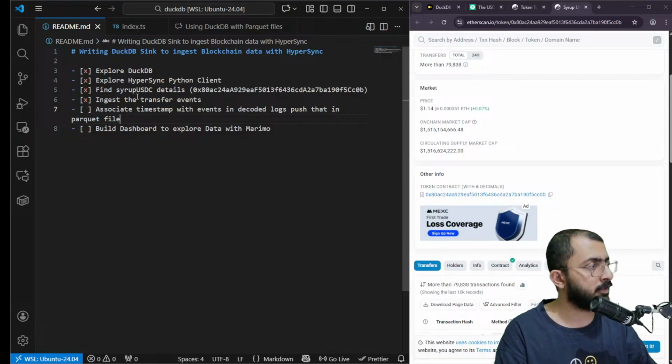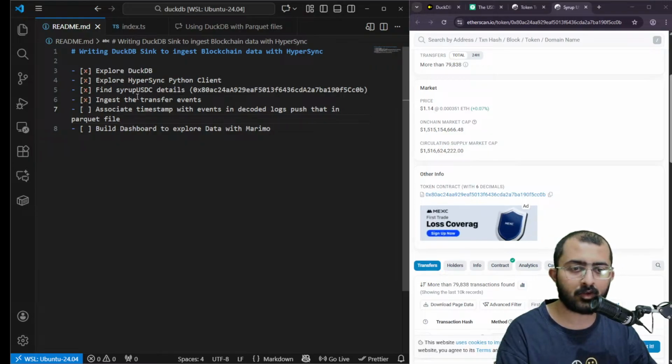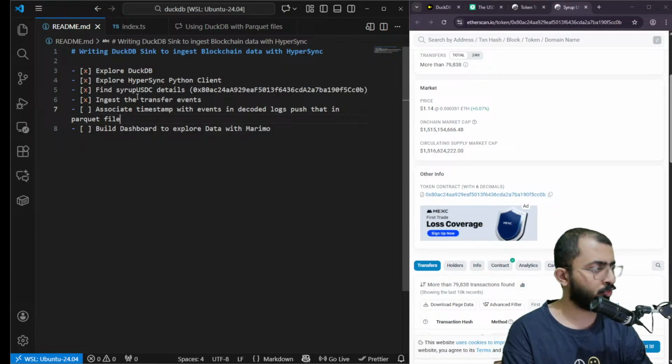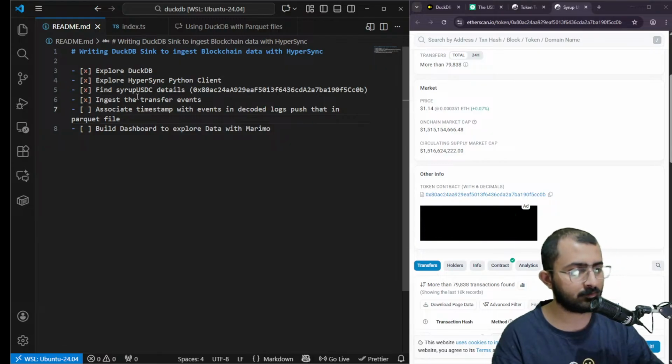Okay, that's the next step for us. Then after that, I don't think anything else is there. Then we just have to build the dashboard, and hopefully the dashboard will work correctly. So yeah,